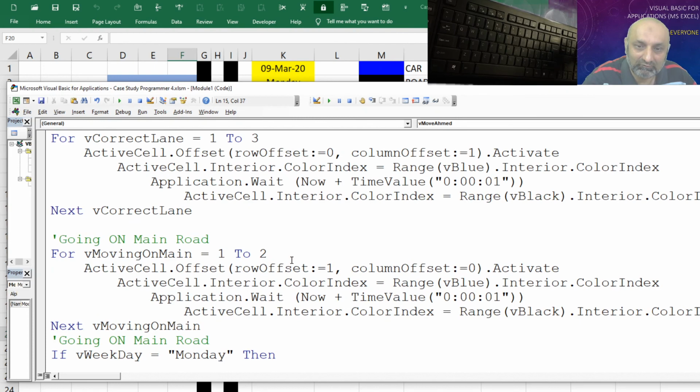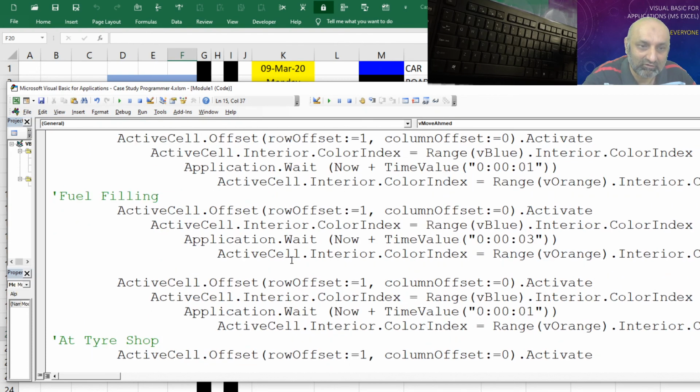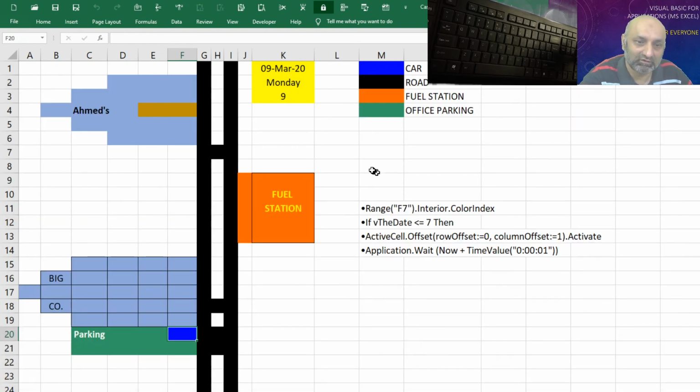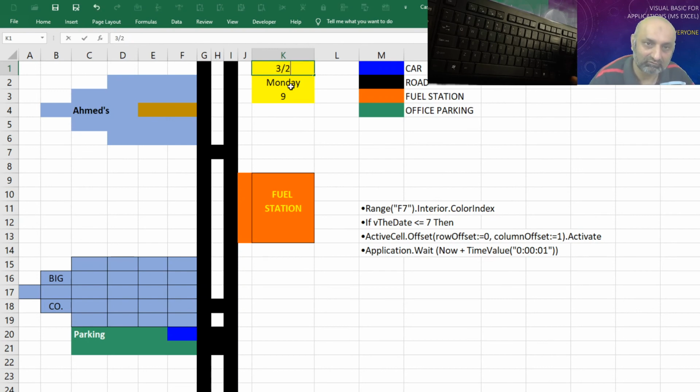Let's go and run. Before going back, what I did at the tire shop, you can see application.wait now plus stopover. So let's go back to our worksheet and change this to say 3/2/20 Monday.